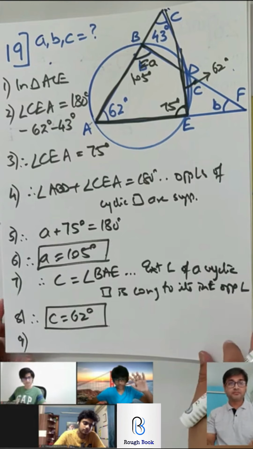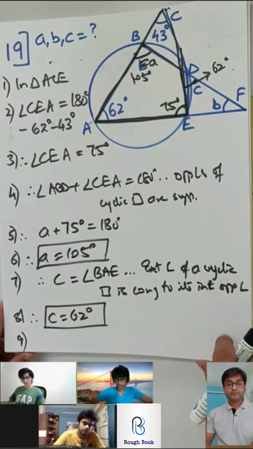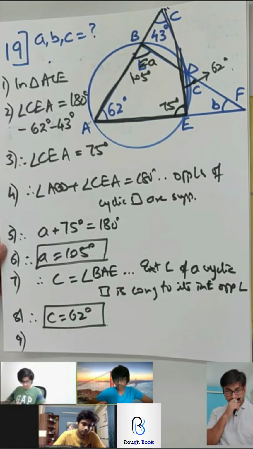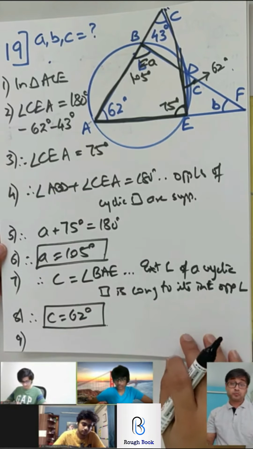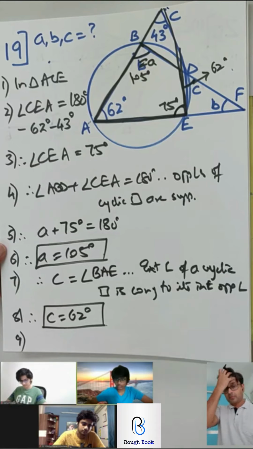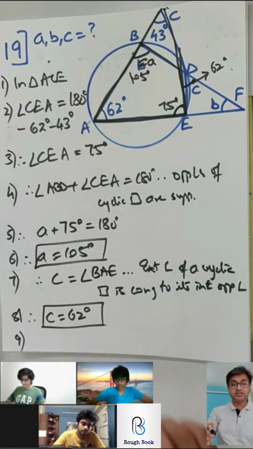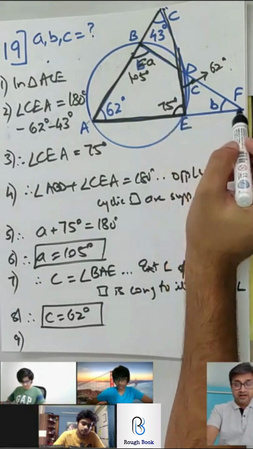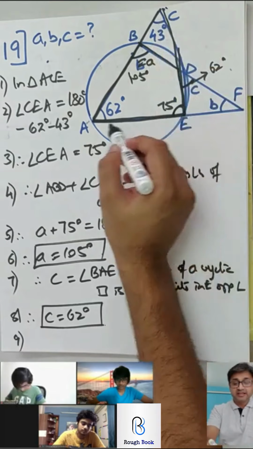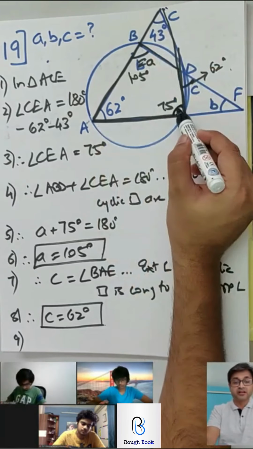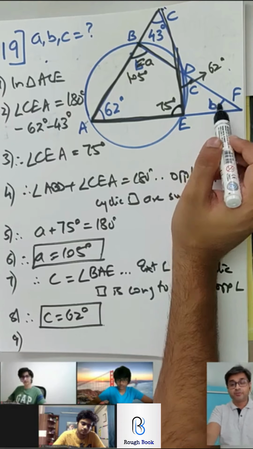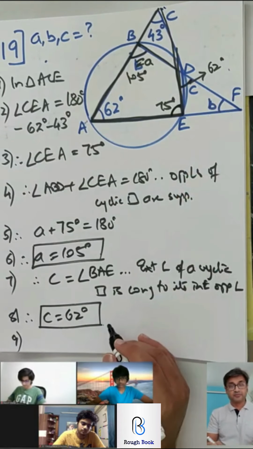Yes, Balan again. Just like how we found C by doing the exterior angle property, we can find angle DEF in the same way, and then we'll get 2 out of 3 angles in DEF. That's also a correct method, but a lengthy method. The easiest one would be to take triangle DEF and say that CEA is the exterior angle. So exterior angle equals the sum of remote interior angles. The name of the property is remote interior angle theorem, right?